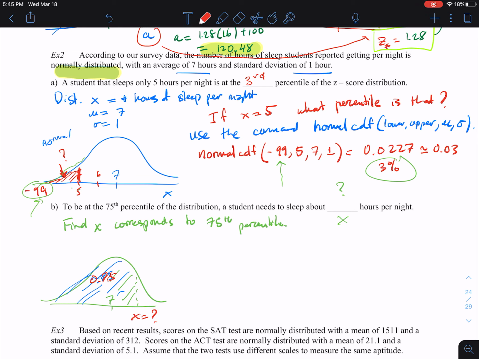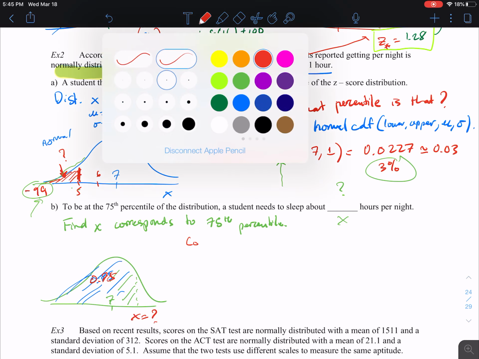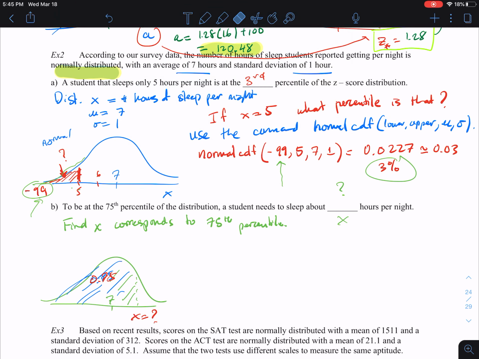To do this the long way, we would have to look up the z-score that corresponds to an area of 0.75, and then convert the z-score to x. That would be the long way. The short way would be